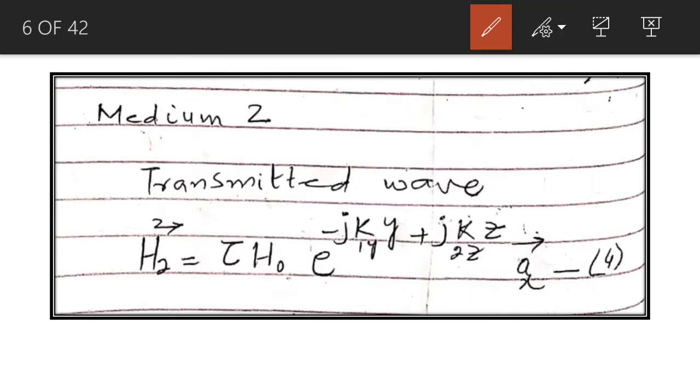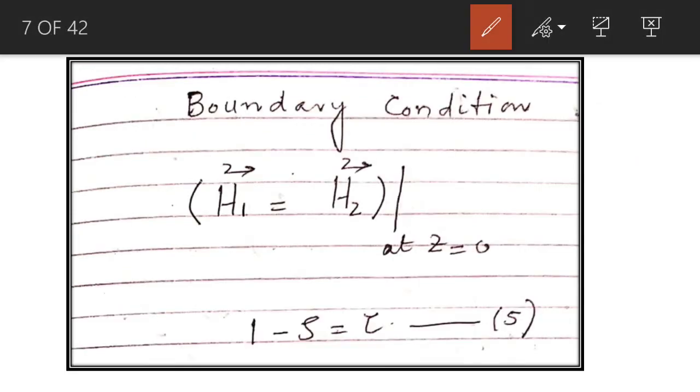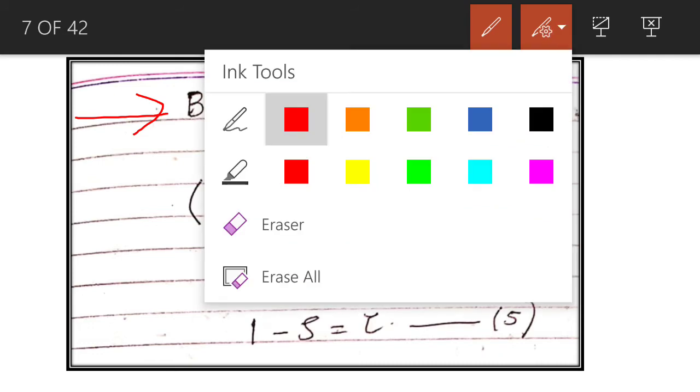So let us apply the boundary condition. The boundary condition states that whenever a wave travels from one medium to another medium, the tangential component of the wave does not change, and the normal component of the magnetic field intensity will change. So you see, the total magnetic field intensity